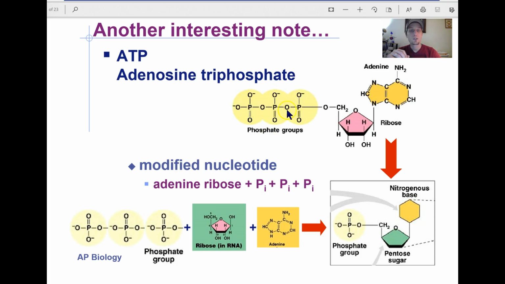But these covalent bonds are really strong. So it's much like a tug of war where you're being pulled in opposite directions, but that rope is just holding you there. If someone came between you and the other team on the tug of war and clipped that rope, you'd get a lot of energy, right? And that's what happens. So this is a modified nucleotide, and these are very high energy bonds because of that